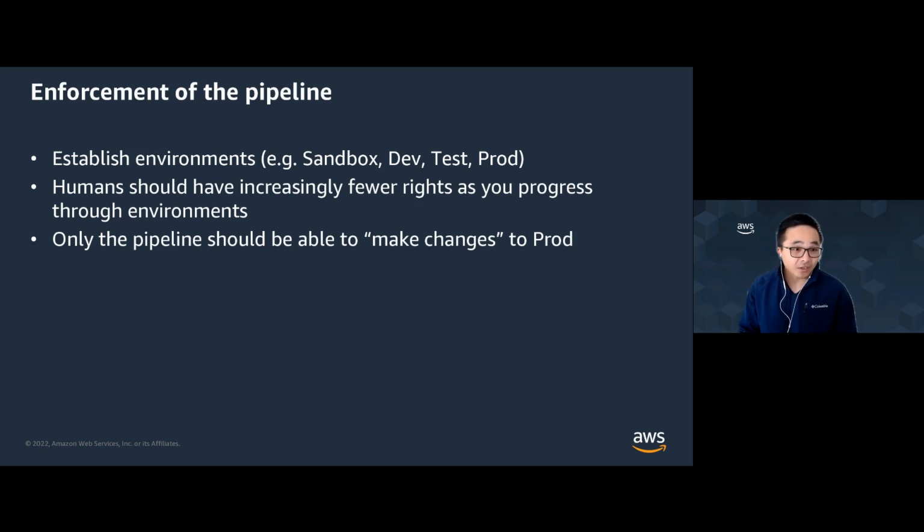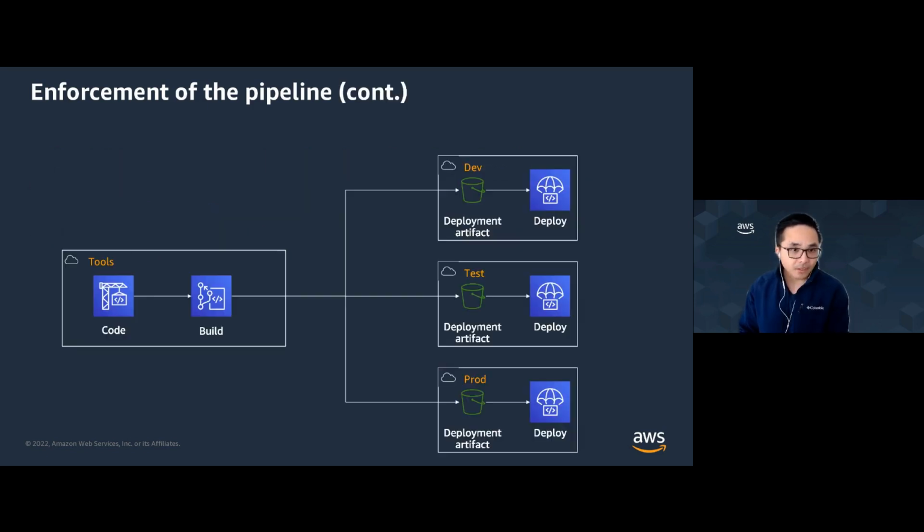And ideally, only the pipeline should be able to make changes to production, instead of someone logging into a server through SSH and doing different kinds of scripting, or someone manually deploying a binary into your ECS or EKS cluster. We should try our best to avoid that. I'm going to show one example of how we do enforcement of the pipeline. As you can see over here, I'm leveraging different AWS accounts, one for tooling to host the tooling,